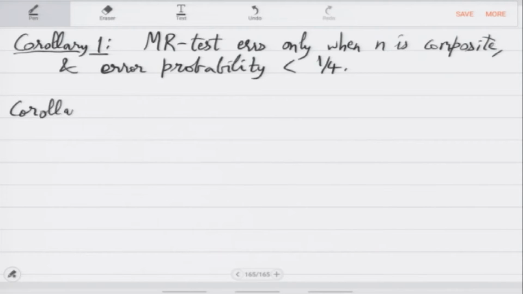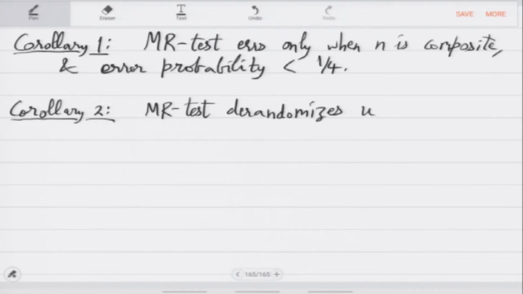Second simple observation is that the MR test can also be de-randomized under GRH. Why is that? Well, this is just the Ankeny-Bach theorem under GRH. So we now know that